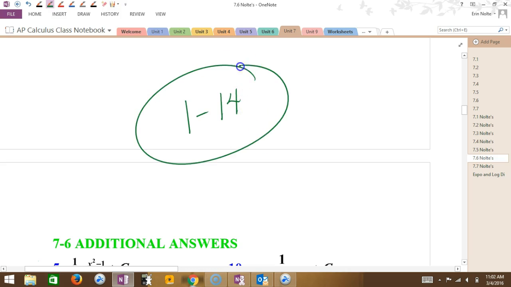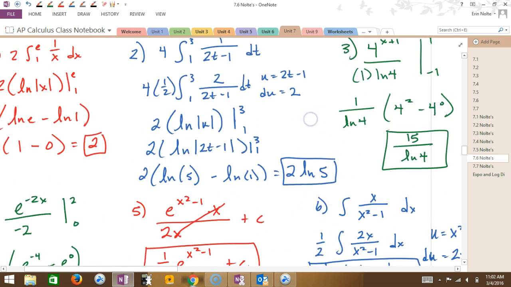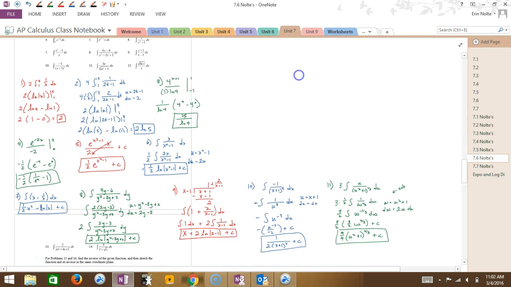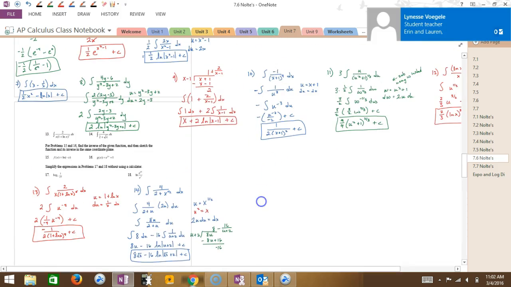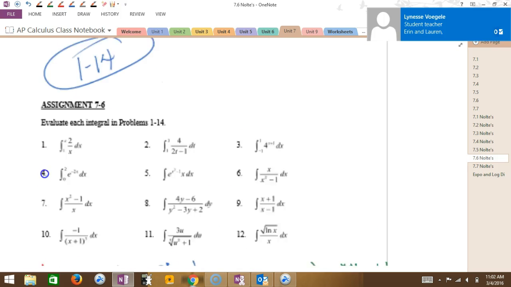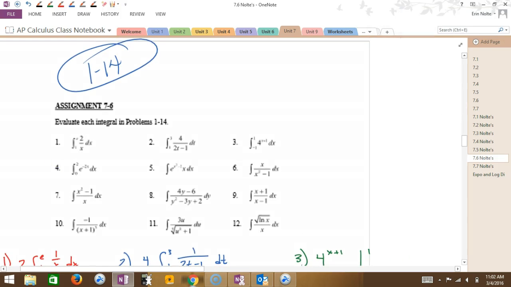All right, so your assignment is 1 through 14. Let me double check. 1 through 14. Yeah, number 14 is the one that's pretty gnarly. So I'll do that with you, unless you take a stab at it, which I recommend trying at least. 14 is the one that requires that long division and U substitution. What do you do when it adds